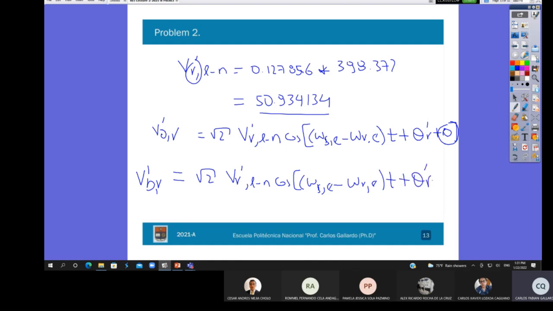In this case, I will include the phase displacement. This is the phase shift, 120 degrees. And finally, for phase C,